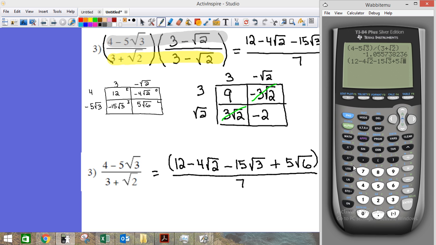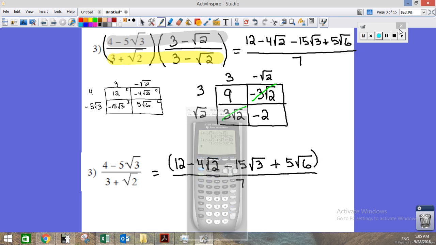And I had to tell the calculator that that whole thing was my numerator. That's why I needed parentheses around it. That whole thing is being divided by 7. And if we've done this problem right, we should have the same decimal number here. And we do. So I'm fairly confident that my answer is correct here in number 3